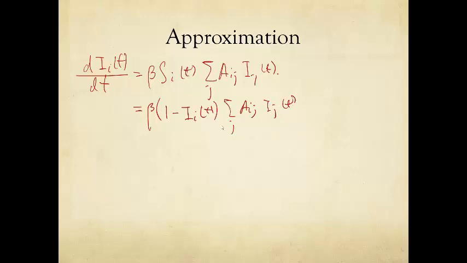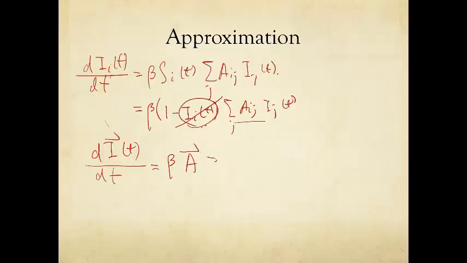And now we have to make yet another approximation to say that during the early time of infection, the percentage of the probability you find yourself infected is very small, so we'll approximate this by erasing this part. And now we can write this down as a vector equation. Write the probability of each node may find itself in the infected state at time t as I. This is not identity matrix in this lecture. It's just a vector of these entries stacked up equals beta times the matrix A, adjacency matrix, times this